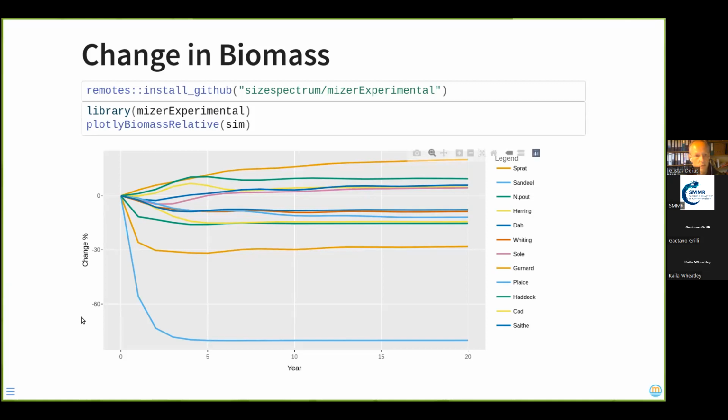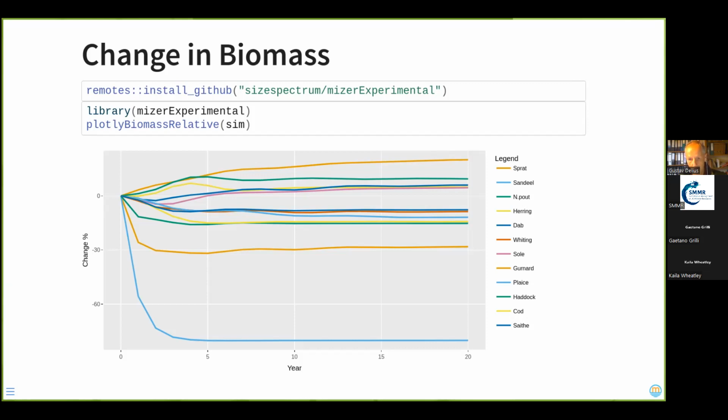I'm loading that package now because it has a function called plotBiomassRelative, which plots the relative change in the biomass over time. And so, as expected, we see that the now more heavily fished species go down in abundance,